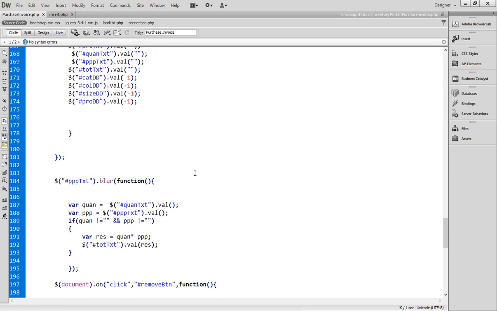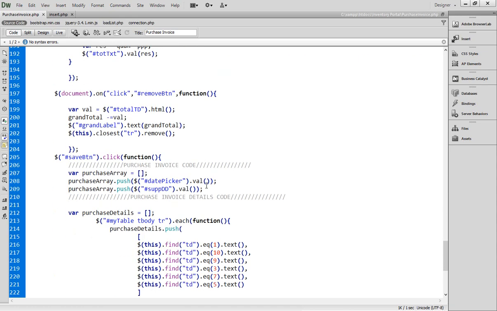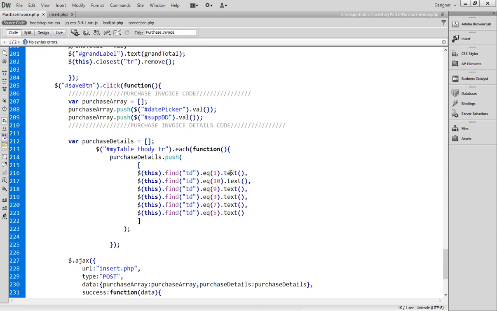So let me show you that table. You see this is my table that I have dynamically created. This first td is on the 0 index, and this second td is on the first index, and similarly the second index, and third and fourth and fifth. So you see here that's the 0 and that's the 1. So product ID: I have taken the product ID, or the second td you can say with respect to the index, and got the text and put it inside a multi-dimensional array